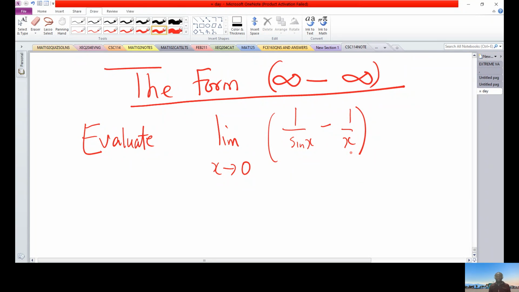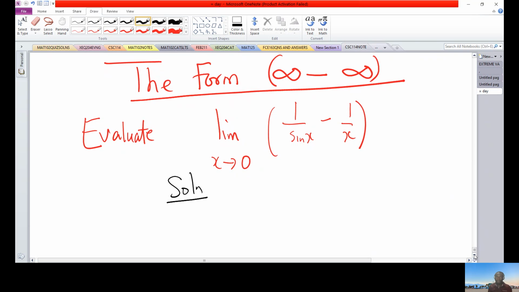Okay, welcome to this YouTube lecture. We are going to discuss how to find limits of the indeterminate form infinity minus infinity. We'll use this example for illustration. So in this case here, solution,